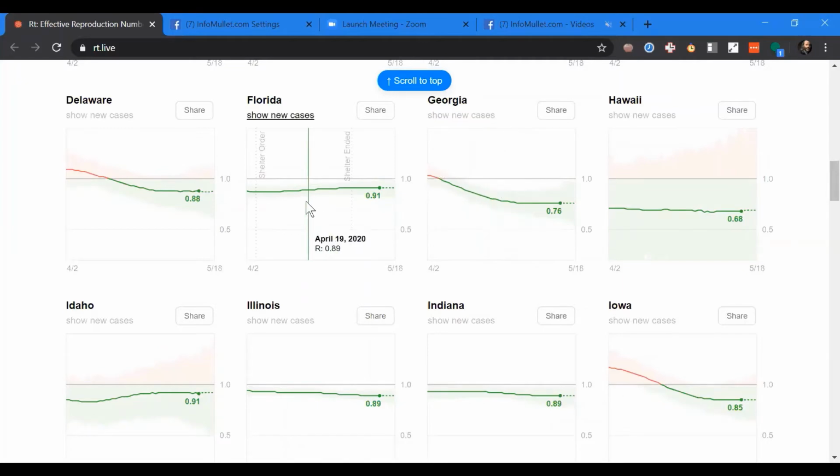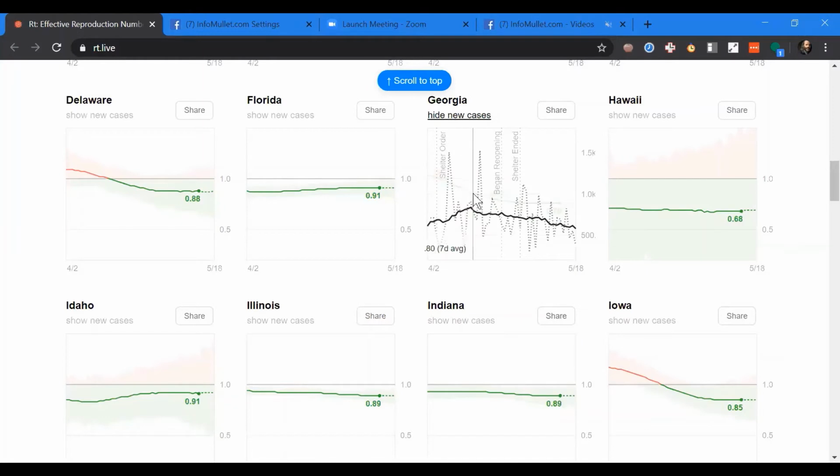You can see Florida here, Delaware, and you can scroll around and see the value at any point in time. You can also change it to see new cases. R value is a replication value; new cases is the actual number of new cases, and they've got here again a seven-day moving average, which is the thick black line, and the spiky line in between, which is the daily reporting. I pick on Georgia because it's so easy to pick on. They've been screwing up their data every way you could possibly screw up. If you look at their death counts, it has five days in a row of high deaths, then two days of low deaths, and five days of high.